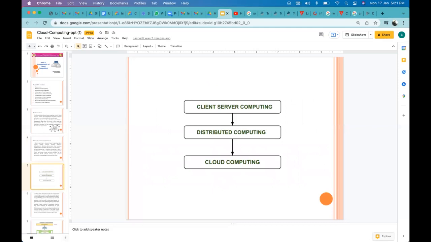How did the concept of cloud come across the world? Before cloud computing, client-server computing was used. In that, client and server communicate with each other to send and receive data or perform various operations. Then they needed to share resources, so distributed computing came into the picture.